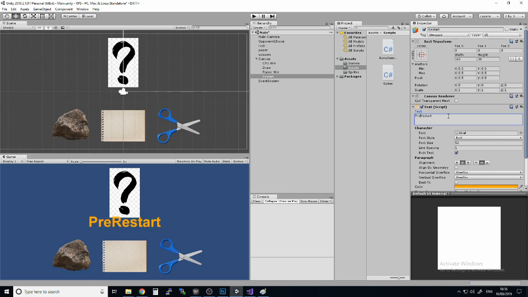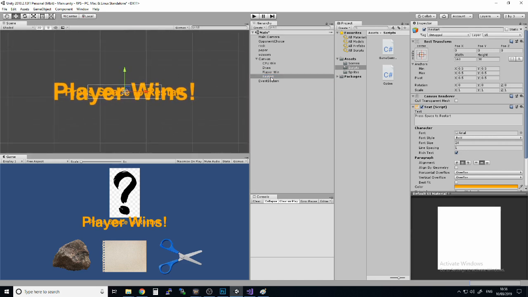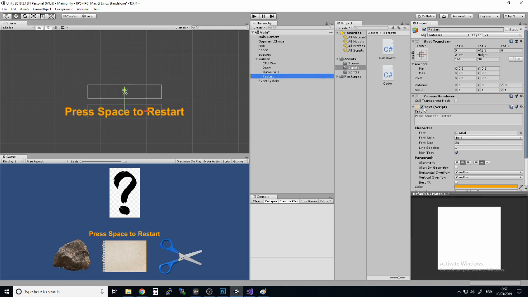No, we want to do press space to restart. I'm going to make that quite a bit smaller because obviously we want the player to be able to read this first, then this. We're also going to want to move it down, so I'm going to select it, press F to focus on it. I can press W on the keyboard to get up the arrow keys, or I can click these up here to change what tool I have, and drag it down underneath. That looks good. Okay, cool. So turn the player text back off, turn the restart text off,